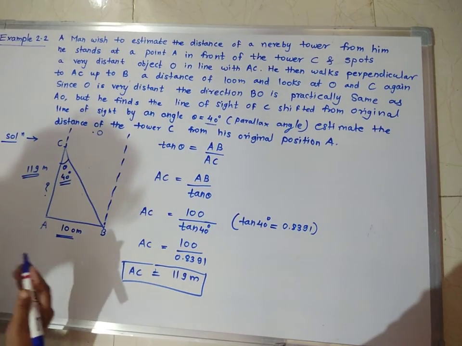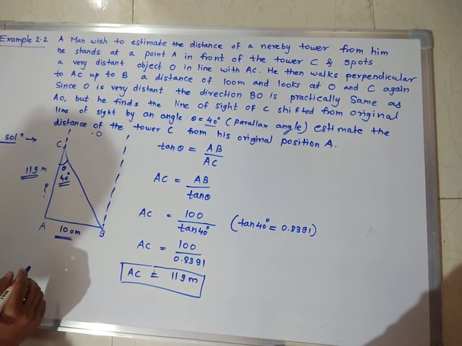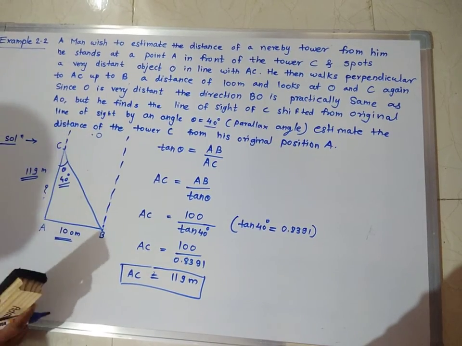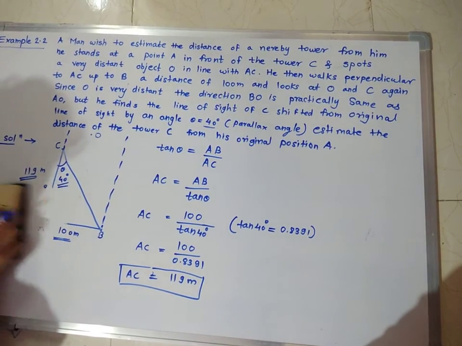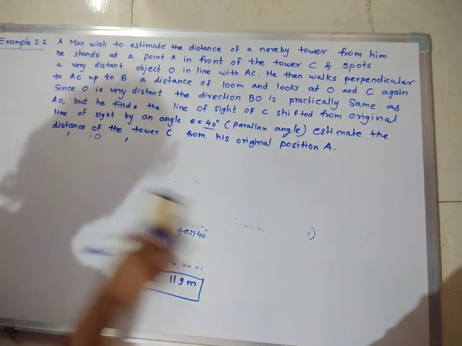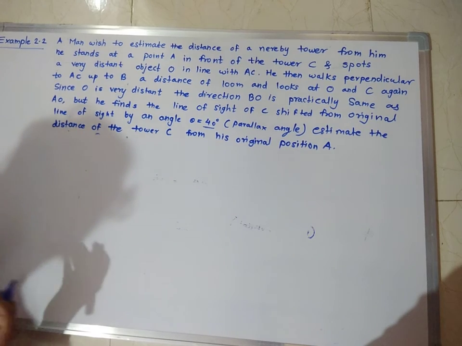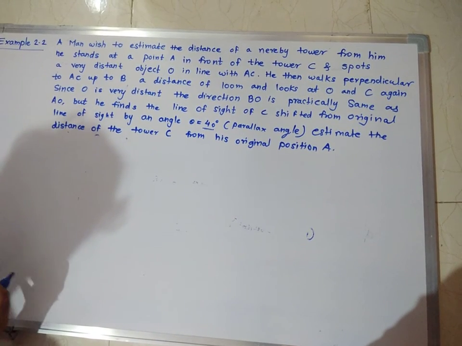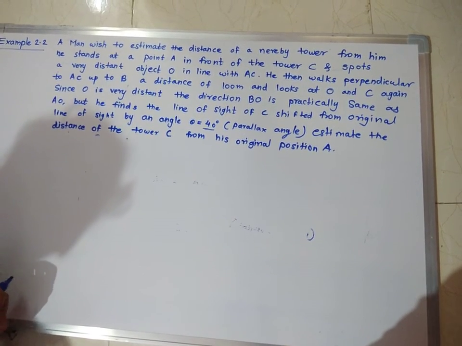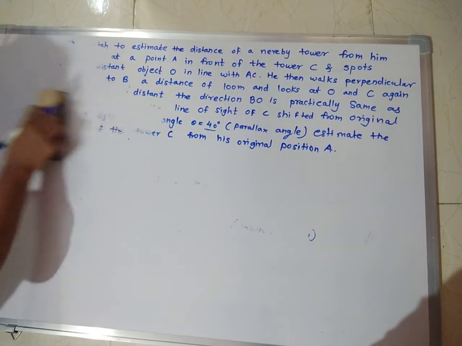So like that we can solve other problems also. You have to know the range of lengths. What is the range of lengths? You know that with the help of the parallax method we can find out large distances, that is the distance between the sun and earth.